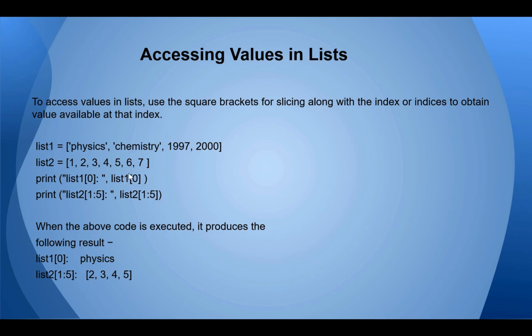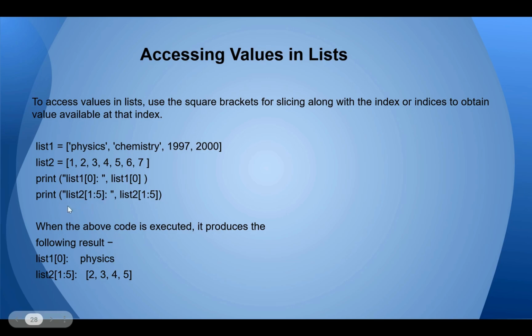So list 1, and then in the square bracket 0, that means the index number 0 of list 1. So the index number 0 of list 1 is physics. Okay, similarly